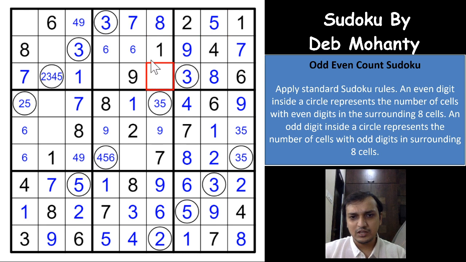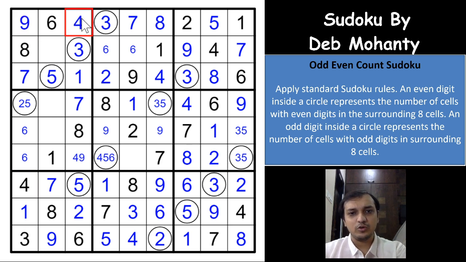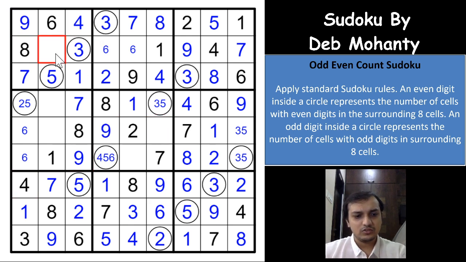And this will have to be an even digit. 2, 6 and 4 is there. You have to have a 2, 6 and 8 is there. You have to have a 4 here. 4 and 3 will give you a 2 and 5 possibility here. 5 is already here. So you get a 5 here, a 2 here. And that 5 gives you 4 and 9 in one of these two cells. So because of the 4 here, you get a 9 here, a 4 here, a 9 here, right? And 9 here will give you a 9 here, and this will give you a 2 here, and the digits remaining are 6 and 5.